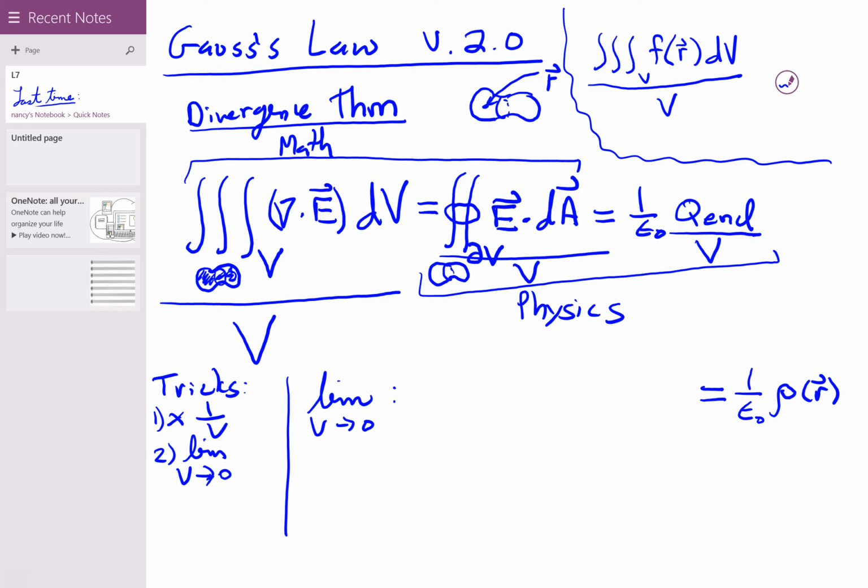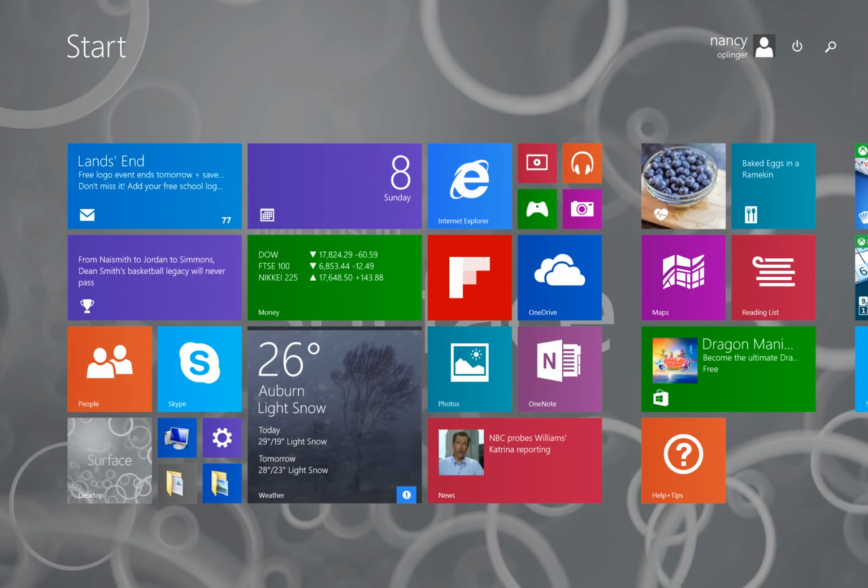It's actually just the definition of the average value. Oftentimes we indicate average value by putting brackets around f, right? The average value of f in that volume. If that doesn't immediately jump out at you, you might be more familiar with this when you're looking at functions on a line. You might remember that if you integrate f of x dx, say from 0 to L, and divide that by the length L that you've just integrated over, that is in fact just